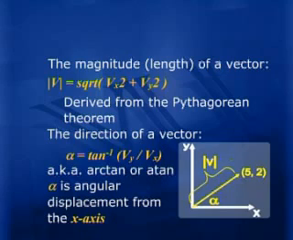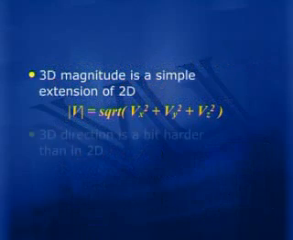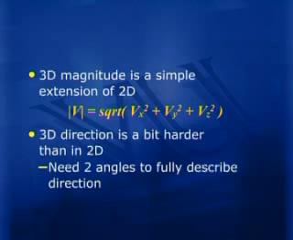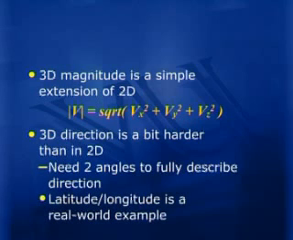And the direction can be given as the angle that it subtends with the x-axis, typically called alpha. Alpha is given as the tangent inverse of vy over vx, and that gives us the two things about the given vector in two-dimensional space. But when we work in 3D, the magnitude problem stays almost the same, but the direction issue gets slightly complicated. The magnitude in 3D would be given as the square root of vx square plus vy square plus vz square,